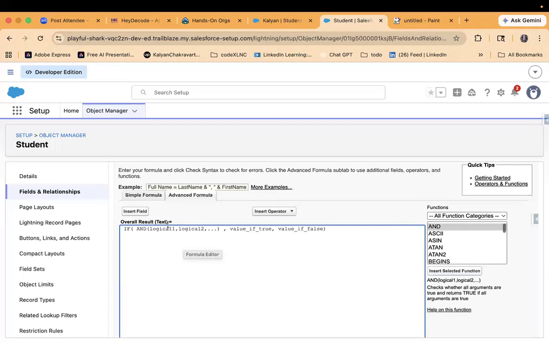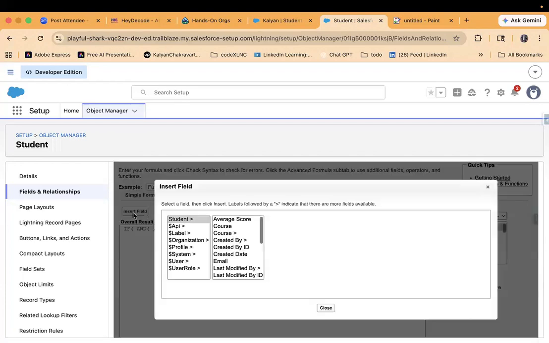So what it says: AND, logic 1, logic 2, you can keep on adding multiple logics. If you write only IF, you can add one logic. If you write AND inside the IF, you can have multiple logics. Now I'll show you how I'm going to write three conditions here. Inside AND, insert field